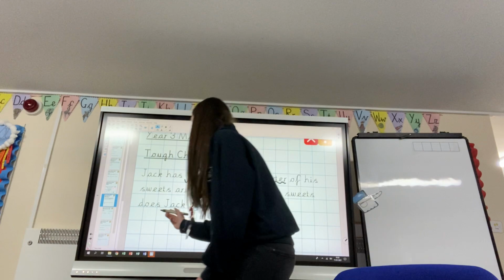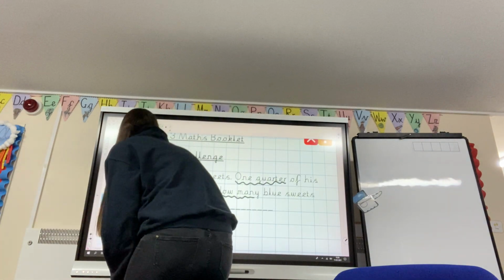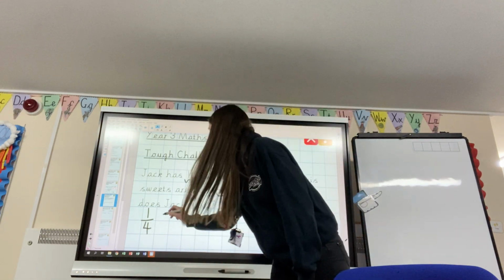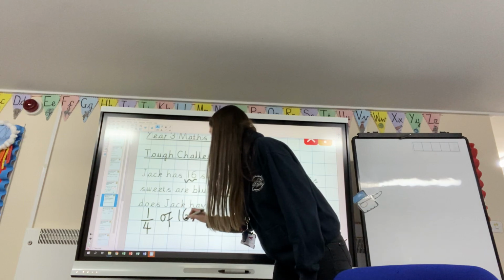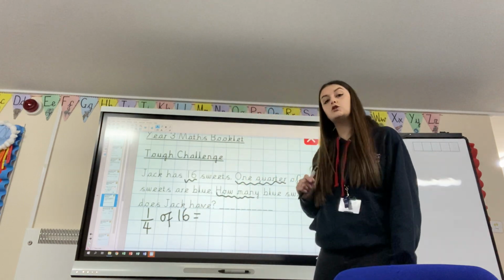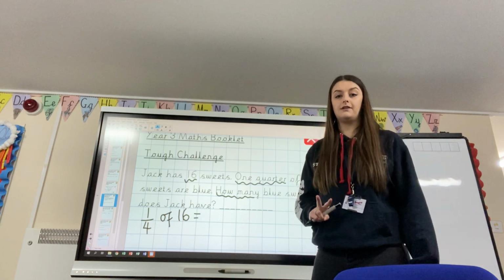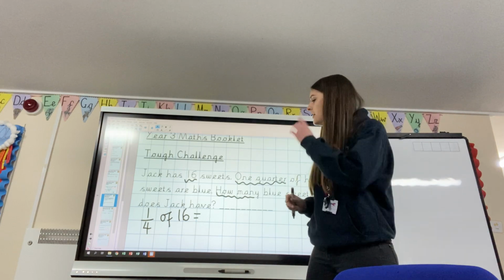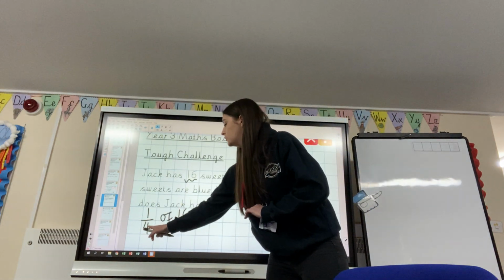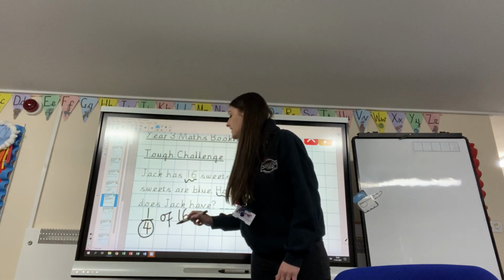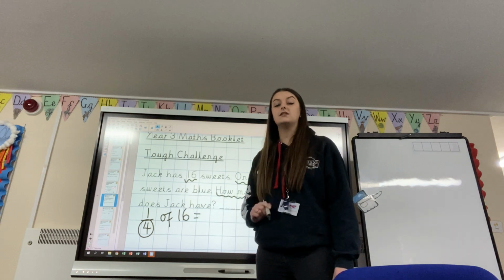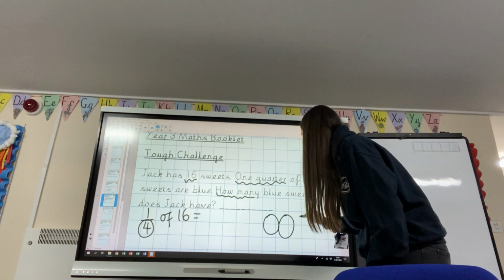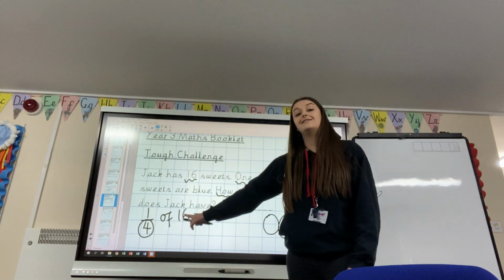So 1/4, we know we write 1/4 as a fraction, 1/4, okay? So I need to work out 1/4 of 16 to work out how many blue sweets Jack has, because 1/4 of them are blue. Now there's 2 ways to do this. I'm going to show you both ways and you can pick which one that you find the easiest for you. So my fraction here, 1/4, my denominator is telling me how many equal groups to split my 16 sweets into. 4 equal groups. So I'm going to draw my 4 equal groups and I'm going to share my 16 sweets